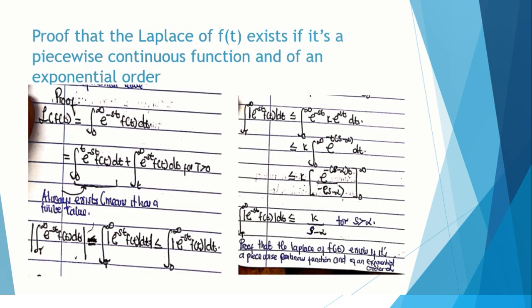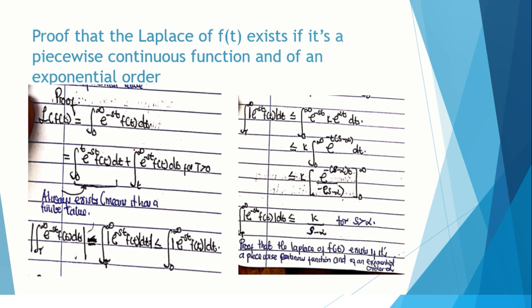Then for the proof, we are going to see that the Laplace transform of f of t, by definition, is the integral from 0 up to infinity of e to the power minus st times f of t dt. Then we integrate from 0 up to T of e to the power minus st times f of t dt, plus when we integrate from T to infinity of e to the power